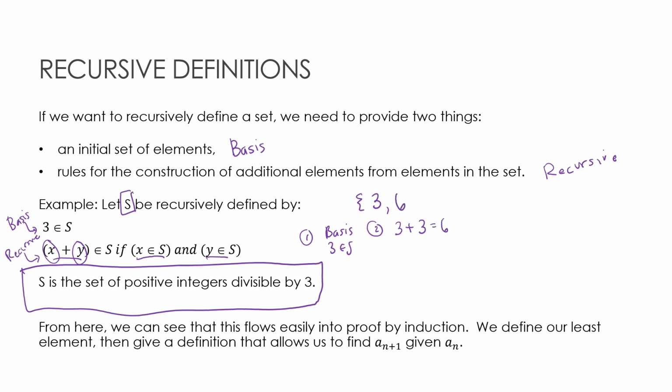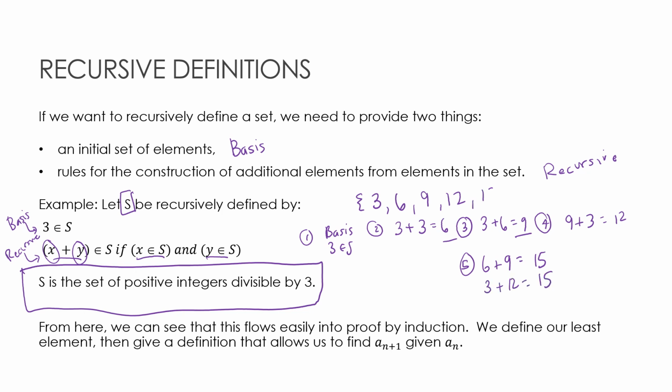So 6 must belong to S. Then I'm going to apply it again. Well, my only numbers to choose from are 3 and 6, so I'm going to say 3 plus 6, which is 9, also belongs to S. And if I take 9 plus 3, again taking any two numbers that belong in the set, that gives me 12. So you might be saying, well, why didn't you take 6 plus 9? Well, I sure could have. 6 plus 9 is 15, which would be the same as me taking 3 plus 12, which is 15. So 15's in the set,